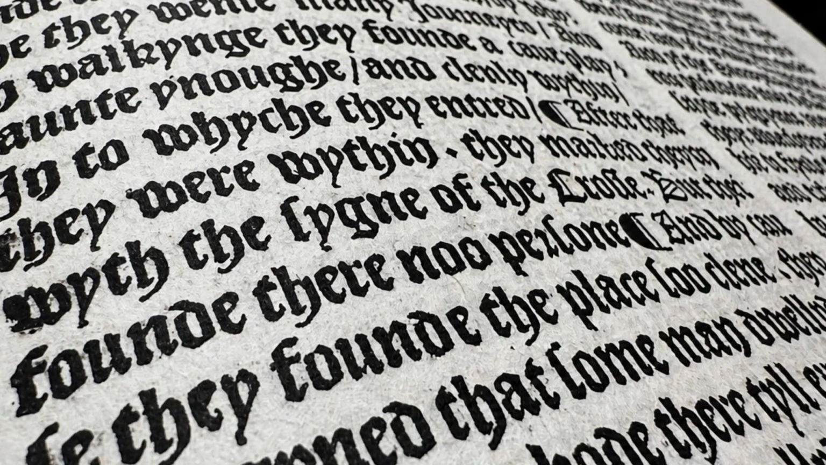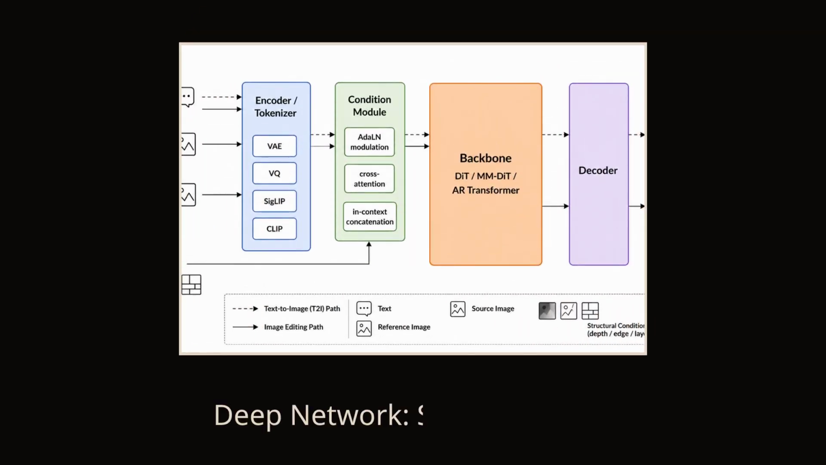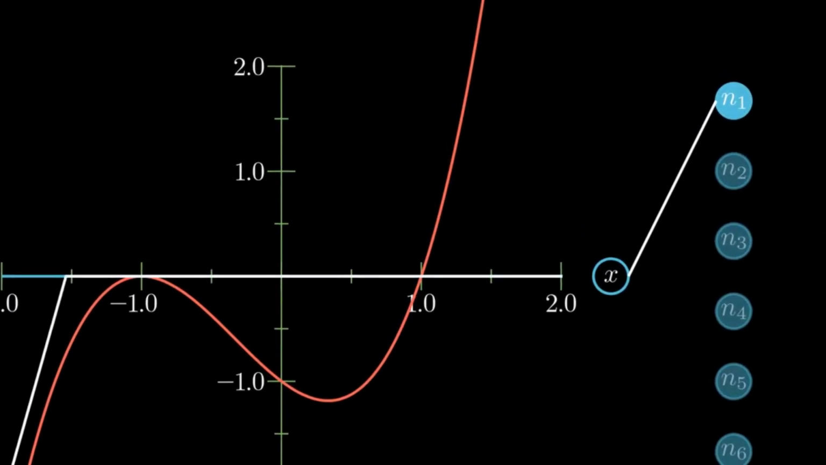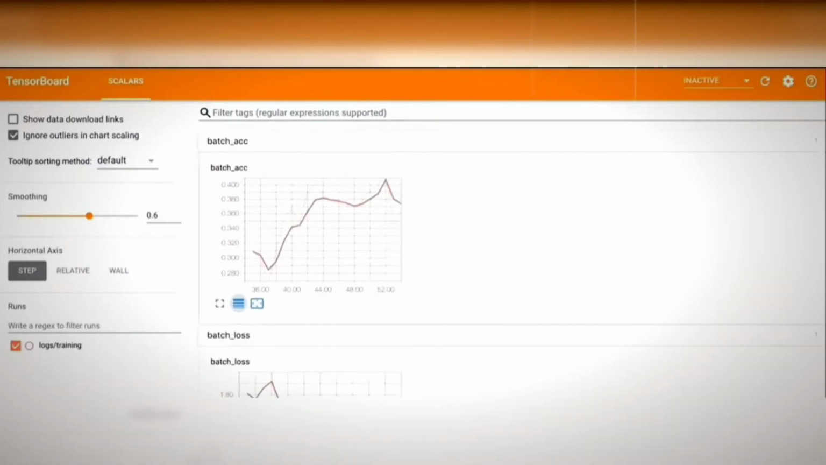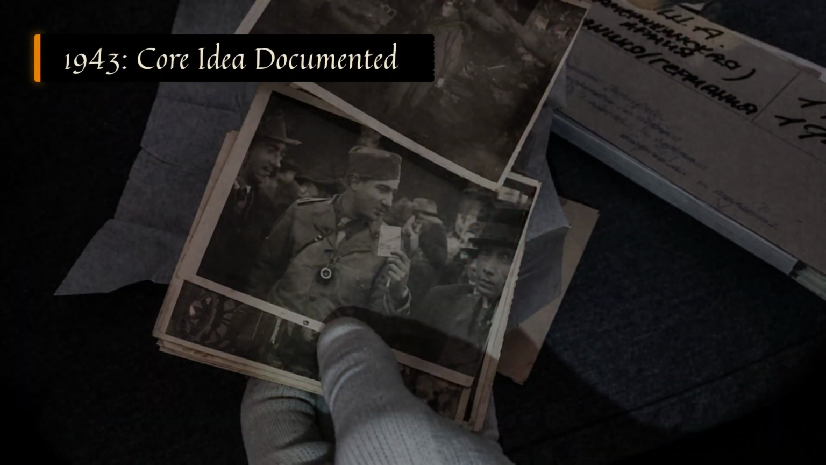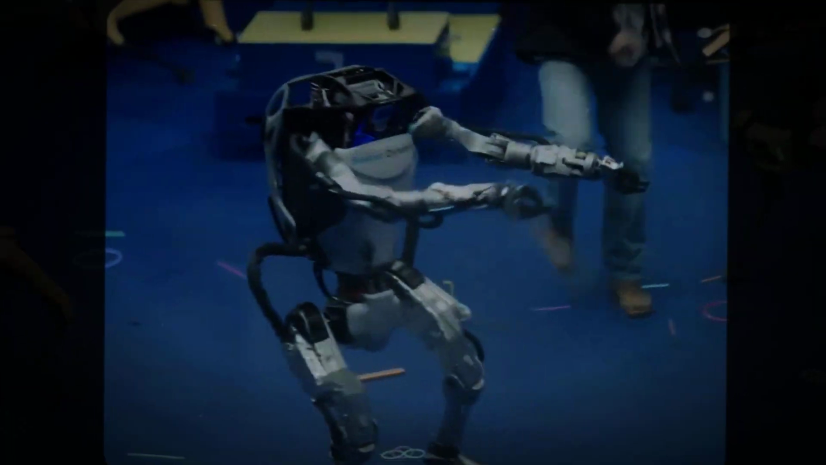The vocabulary changed on the way to the present, which obscures how little else did. The adjustable numbers in Gauss's line are called parameters now, or weights. A stack of regressions is called a deep network, and deep just means there are a lot of them. Training is still least squares, or a close relative, still hunting for the setting of the numbers that makes total error smallest. So, the idea was available in 1943, and the framing was available in 1805, which raises your question. If the mathematics was sitting there,